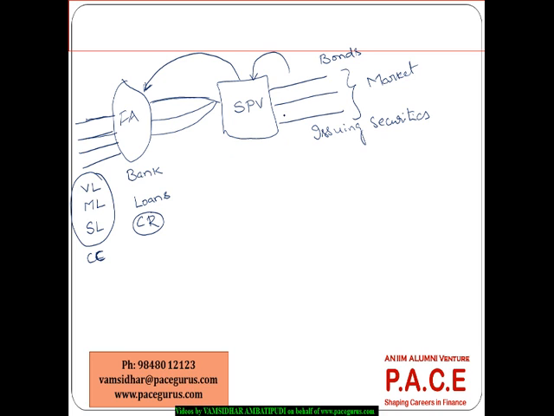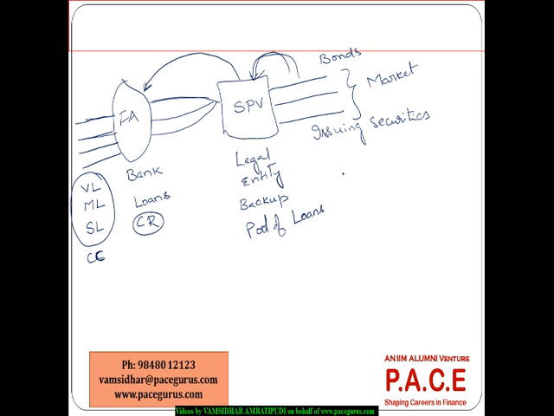Now there could be an SPV, another legal entity, which would be purchasing all these financial assets of this bank, and using that fund it issues securities. So it is using the fund raised from the securities in the market to purchase the financial assets. Using the purchased assets, which is generally the pool of loans, as the backup, payments are made to the bond investors.